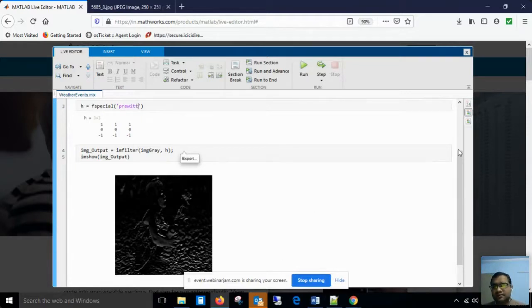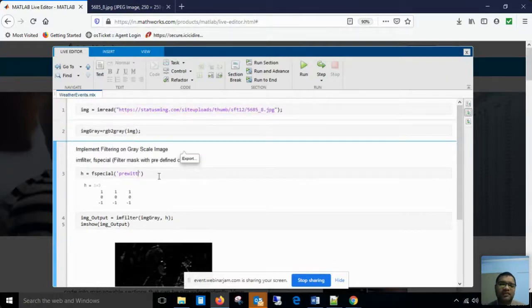So these were the linear filters, whether you use the average filter, the Laplacian filter, or the Prewitt filter. Now at last we see how to apply a non-linear filter. If you remember, yesterday we discussed non-linear filters like the median filter, max filter and min filter, and the most important was the median filter. Why was the median filter important? Because the median filter is used for removing a certain type of noise, that is salt and pepper noise, right?